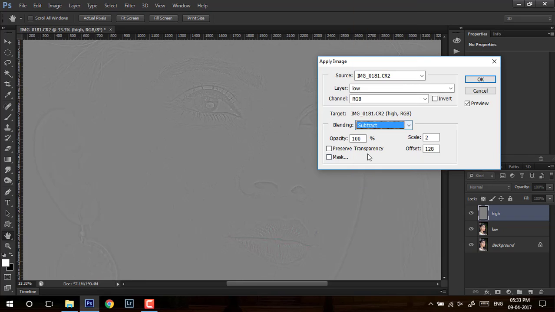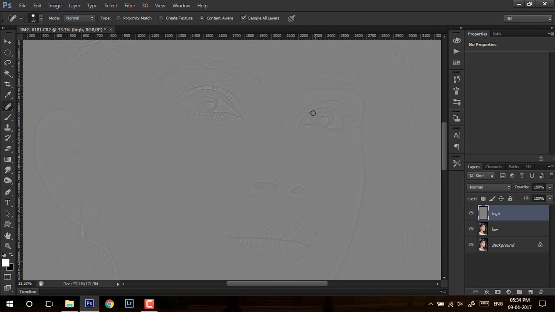So we'll use subtract. The scale will be 2 and the offset at 128. This is a hidden formula figured out by someone, and this works for most images. So we'll not get into the detail. We'll follow the same formula. Just remember this: scale 2, keep offset at 128, and click OK.